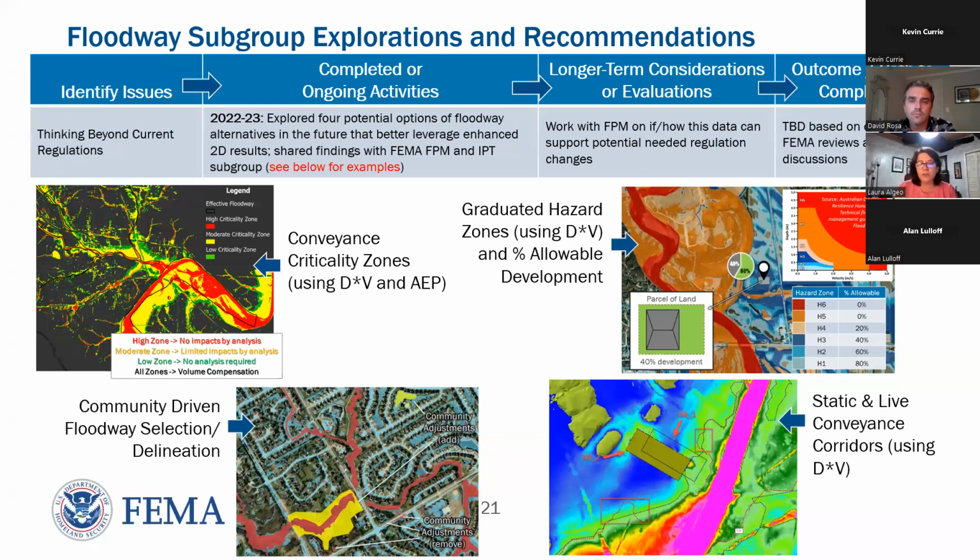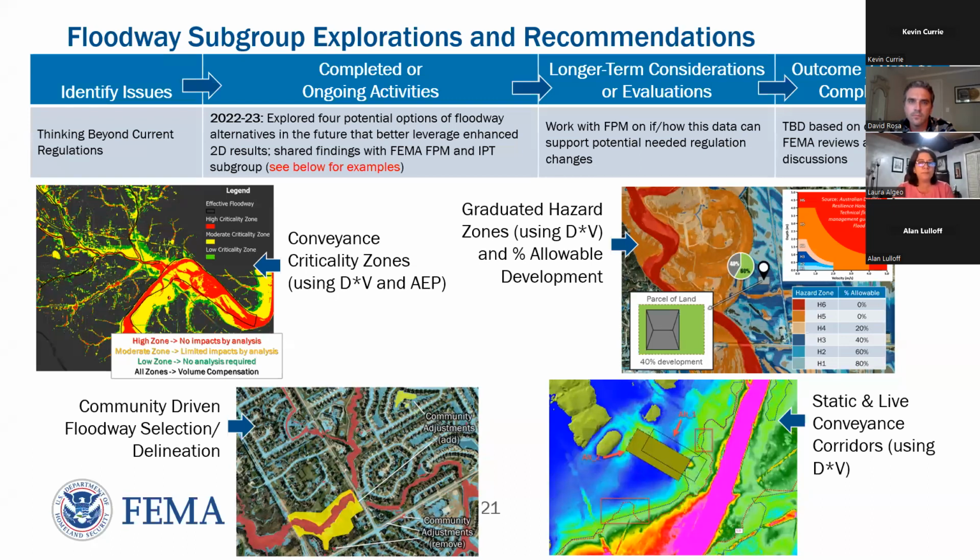There was a community-driven selection that was identified, and then also one scenario that similarly used depth times velocity and had it broken down into pieces that might be static, that you would say don't change, and then sort of a live floodway